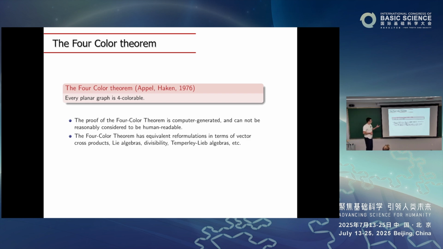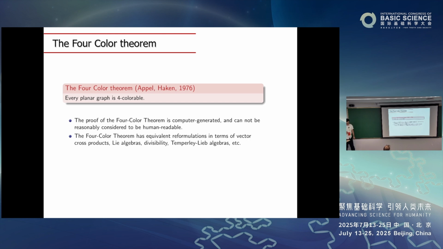Another point about the four-color theorem is that it's a bit of a matter of pride of graph theorists that even though this theorem can be potentially formulated, sometimes naturally, sometimes less so, in very different settings, in terms of different equations, Lie algebras, Temperley-Lieb algebras, in various ways, the solution, computer-based, actually uses very, very classical, very much graph theoretical methods.